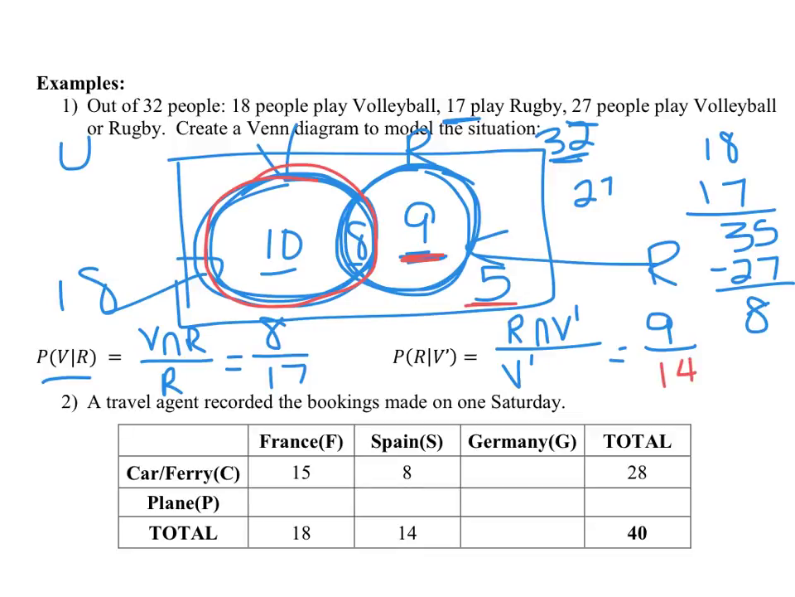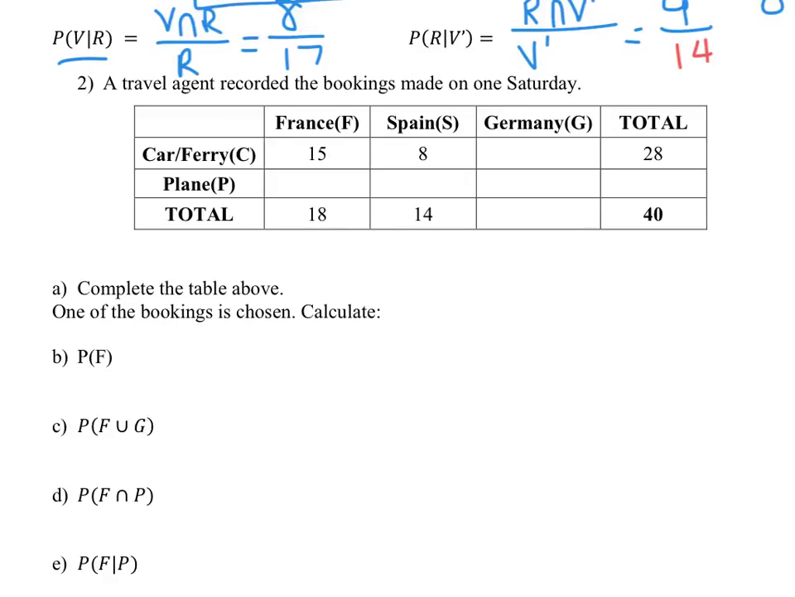Okay, so remember, the top one was R and not V. So remember, these 8 play volleyball. So I want ones that don't play volleyball, so that would be just 9, and they play rugby. Okay, so 9 over 14. So this is the conditional probability. So take a second and fill in this